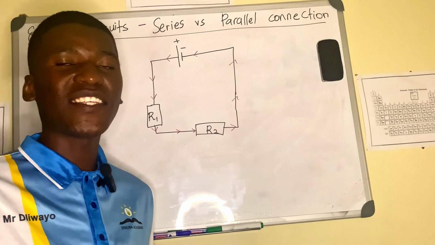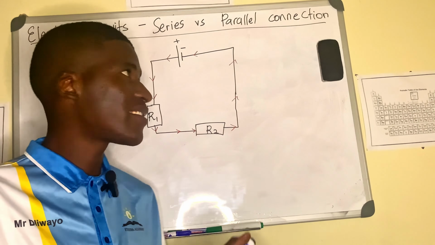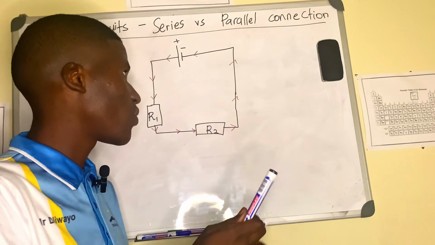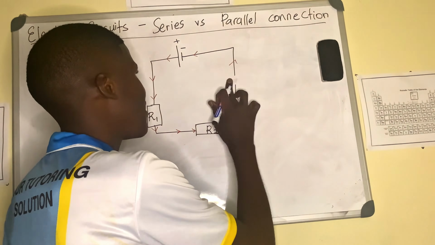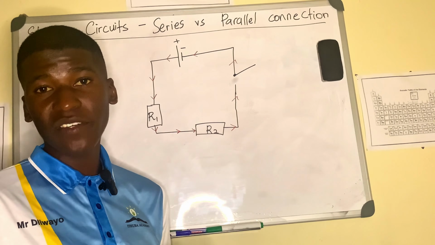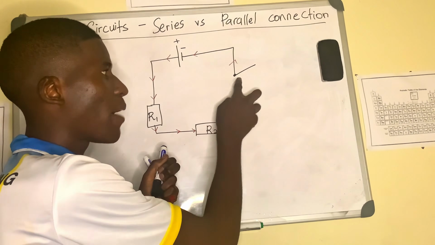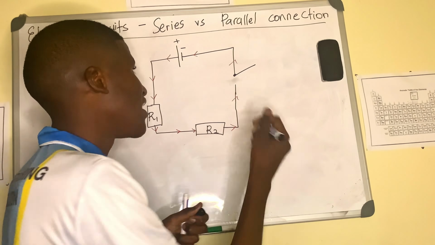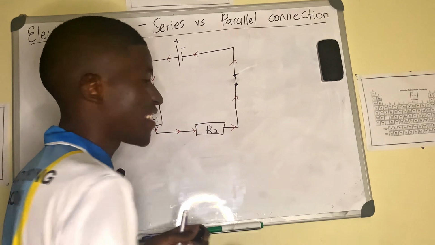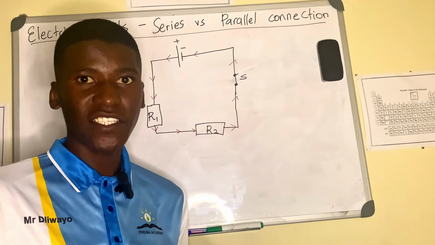This can only happen when the switch is closed. Okay, when the switch is closed, that is when current can flow. It just simply means that your circuit is closed and current is able to flow. But when your switch is open, when you've got something like this, whereby you have got an open switch like this, the current cannot flow, because remember that the current needs to flow from positive to negative, and it cannot jump over a space without anything. So typically you want your circuit to be a closed circuit in a sense. So if we put switch S here, it must be a closed switch for current to flow through.